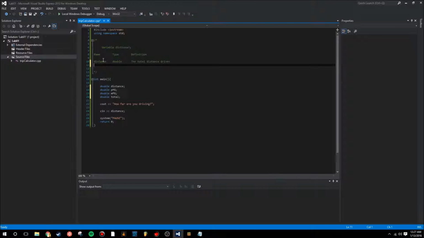And then we have PPG, which is a double, and that is the price per gallon of gas. And then we have double